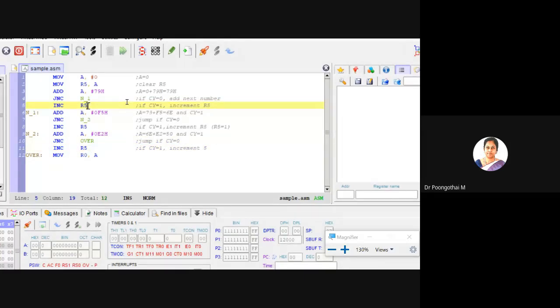In this case R5 is 0. Here your R5 is incremented. So what is the value stored in R5 after execution of all the instructions? 2. So adding all these three numbers, 79 plus F5 plus E2, your answer is 2,